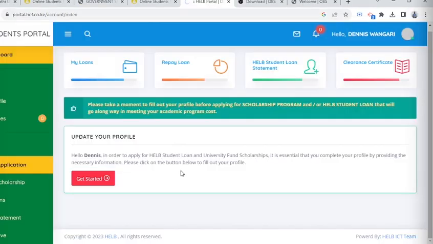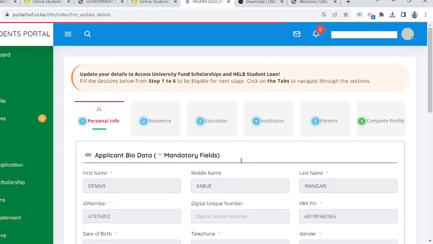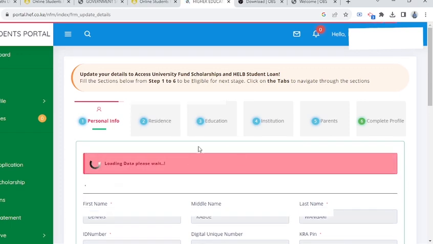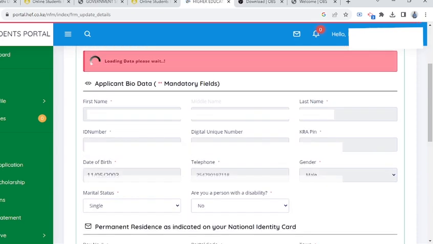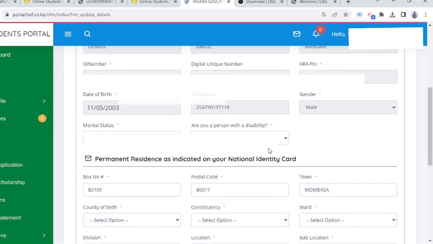After successful logging in, you'll need to update your profile by clicking Get Started. Agree to the terms and conditions, then you start the process of updating your profile info. Permanent residence, and also the section where you are required to upload your passport photo and your scanned ID. In this step, you'll need to know the constituency of birth, ward, division, location, sublocation, and village, including the house